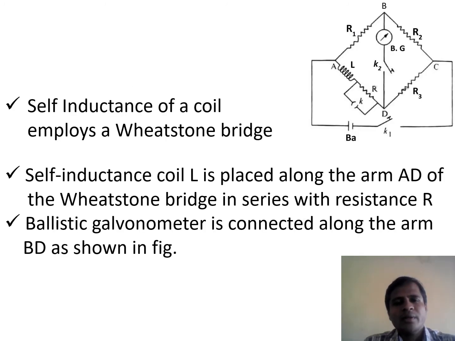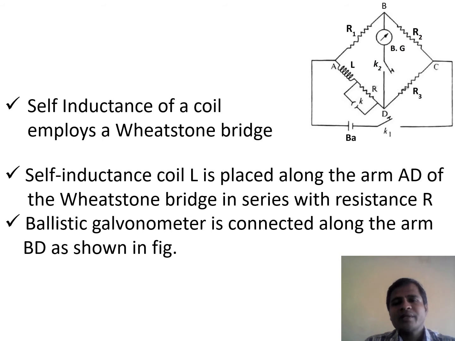To find out the self-inductance by Rayleigh's method, we have a circuit diagram on the screen, and this circuit diagram employs a Wheatstone bridge to find out the self-inductance of the coil. Wheatstone bridge is basically an electrical circuit used to measure unknown resistances by balancing two legs of the bridge that is shown on the circuit diagram. In one of the legs, the unknown components are connected. The main benefit of this Wheatstone bridge is it gives accurate measurements, and its operation is similar to the operation of potentiometer.